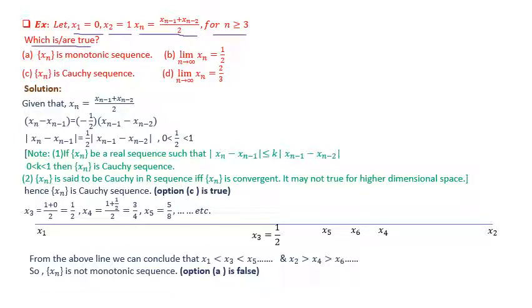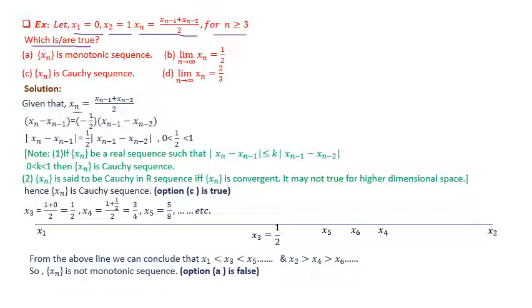So you have to choose the correct answer from the options given below. This is actually a multiple-choice question, so the answer may be 1, 2, maybe A, B, C, D, or maybe A, B, or maybe C, D, like this. So let's start the solution.